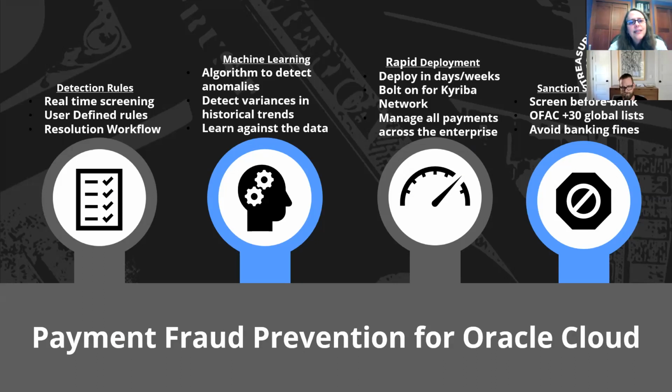And this is using algorithms to detect unusual behaviors. So we can load in your payment history, or you can allow your payment history to build. And then it will look for things like, you've been paying a vendor $100,000 a month for the last 18 months. Now you have an invoice for $500,000.